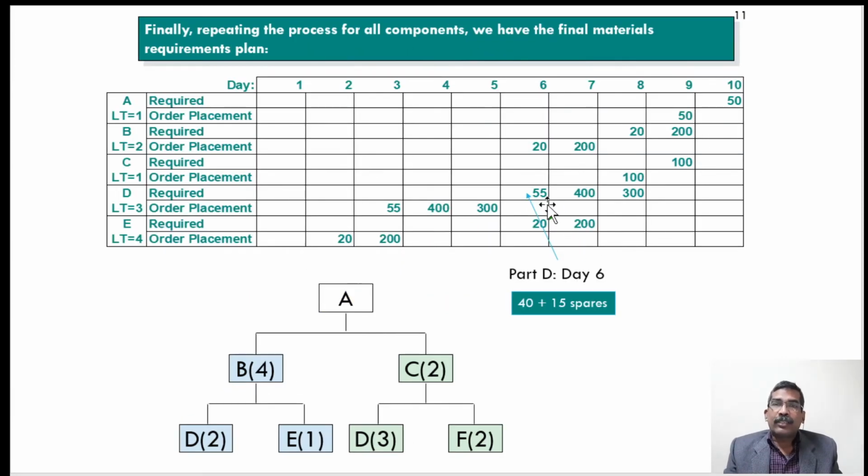Now here you can see that in the 6th week there will be a requirement of 15 additional components of D. So 40 components of D plus the 15, so this will be the additional total 55, and the lead time is already mentioned as 3 weeks. So in this way the rest of the items' demand is the same, but we have to see here only the additional thing. So how much additional components are required? These are the additional components for the spare parts. Okay, so these are the additional components of E also, which is mentioned here during the 6th day.